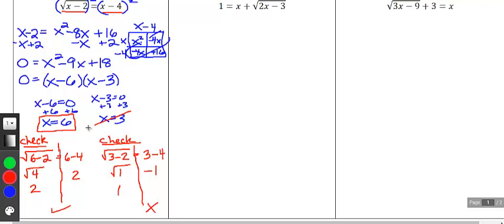We're going to cross out that x equals 3, and we're going to use a new word right now. That is called an extraneous solution. It's an extra wrong solution. We didn't make any mistakes to get there, but our algebra led us to this answer because we were solving a quadratic. We switched from this radical to a quadratic, and weird things happened. So it's our job to make sure that our answers are actually answers. So here, we only had one solution. Okay, so let's see what else we can